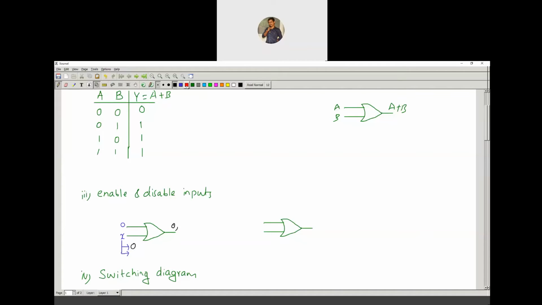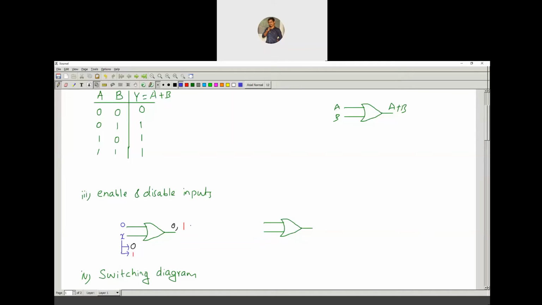And one more possibility is there, that is x can be 1. As x is a binary variable, x can be 0 or x can be 1. When x is 1, what is the output of the OR gate? Anybody, could you answer me? When the x value is 1, what is the output of the OR gate? Tell me the output, and also tell me whether this 0 is an enable input or a disable input. So your output is what? 1. Right?